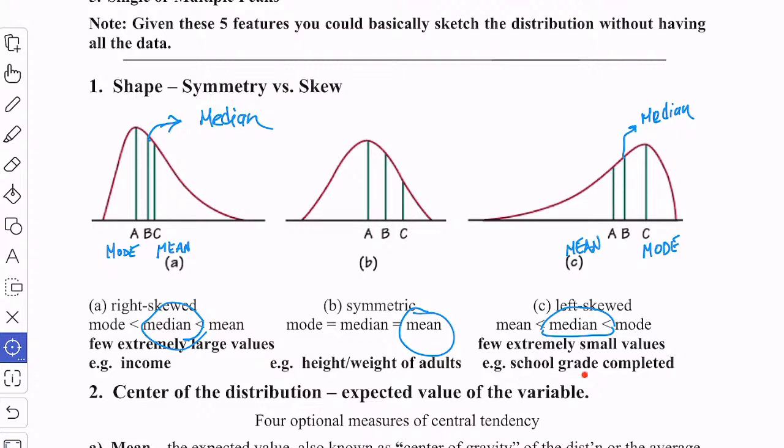I said grade school, so maybe if we talk about a population where most people have, let's say, a grade 6 education, several people have up to here. We could say this is a grade 10 education, and then